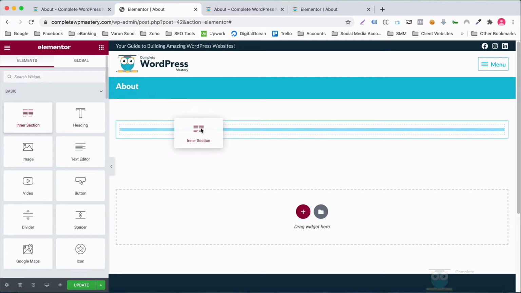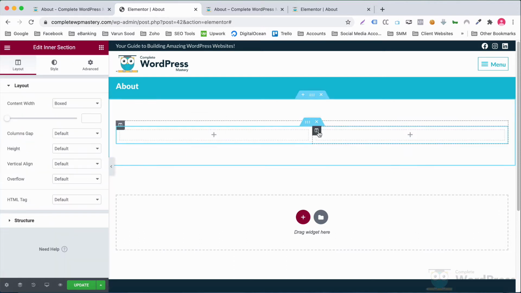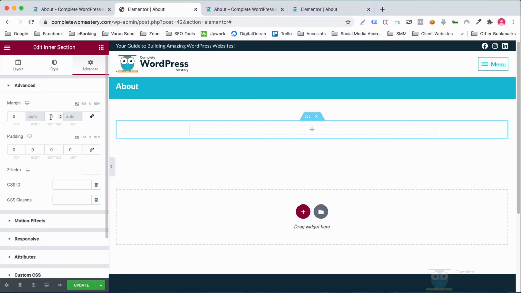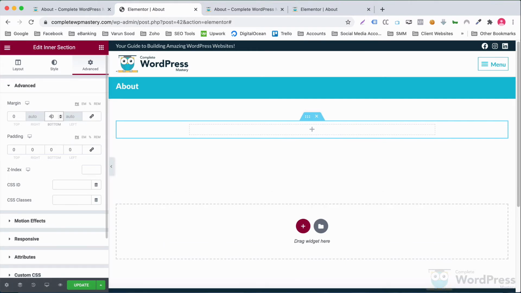I'll now add an inner section and delete one column. Let's go with a content width of 700 pixels for the inner section and set the bottom margin to 40 pixels while keeping padding to 0 on all sides.